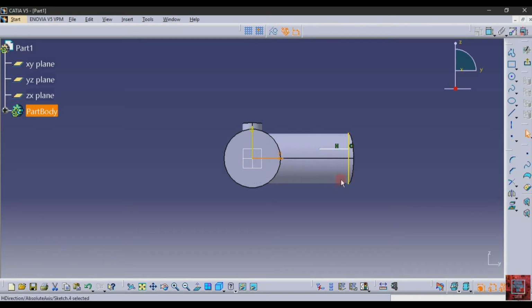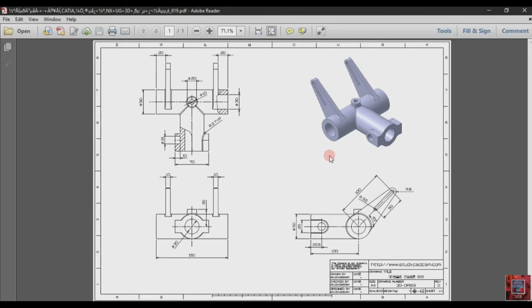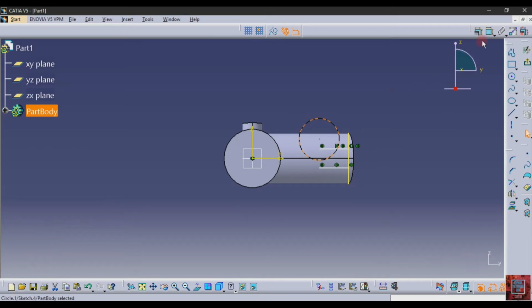Reference is horizontal, mirror, and then select a circle and make a circle, and then let's see the dimensions. The distance from this edge is 22.5 and the diameter is 25. So give this circle diameter 25.